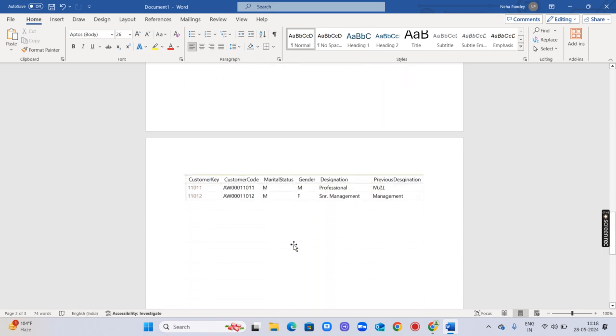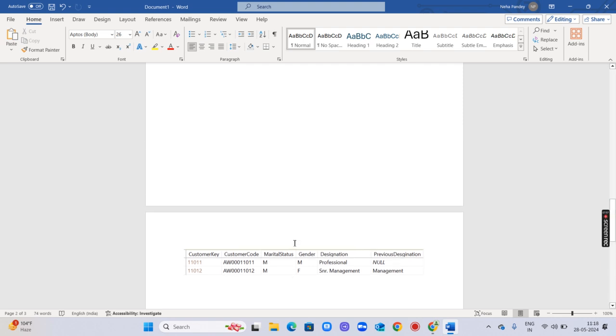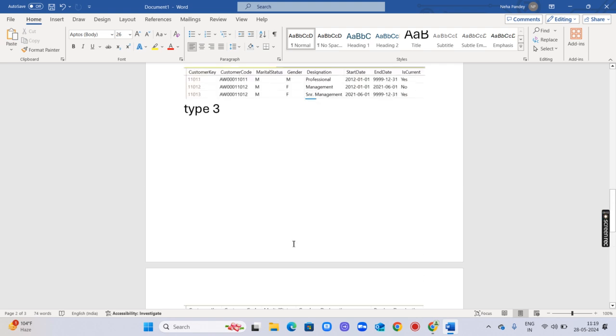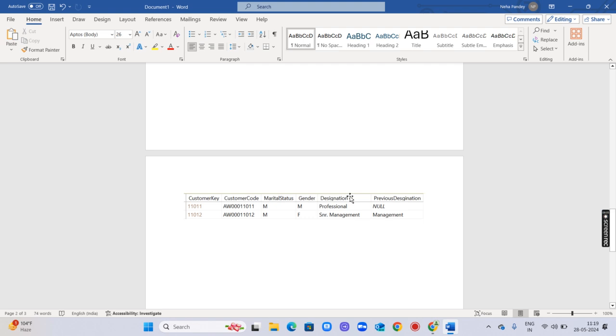Now we come to type 3. Why are we using type 3 dimension? If there is any change in the historical data, we are adding columns instead of adding rows. How are we doing this here? For this customer key, you can see what their designation was earlier. If this customer got promoted, what was their previous designation?